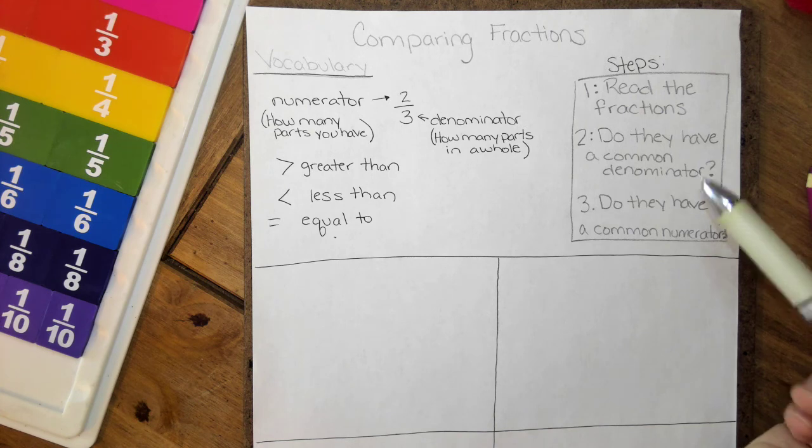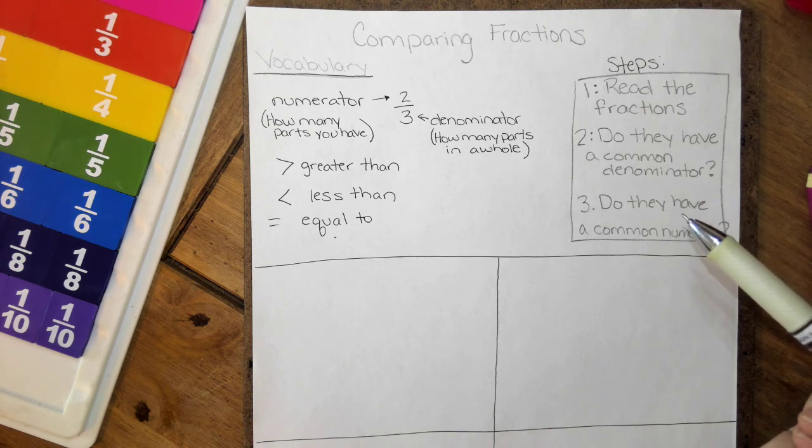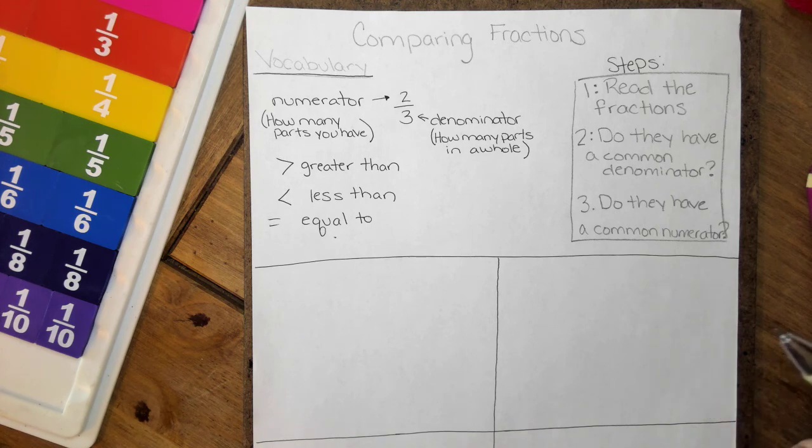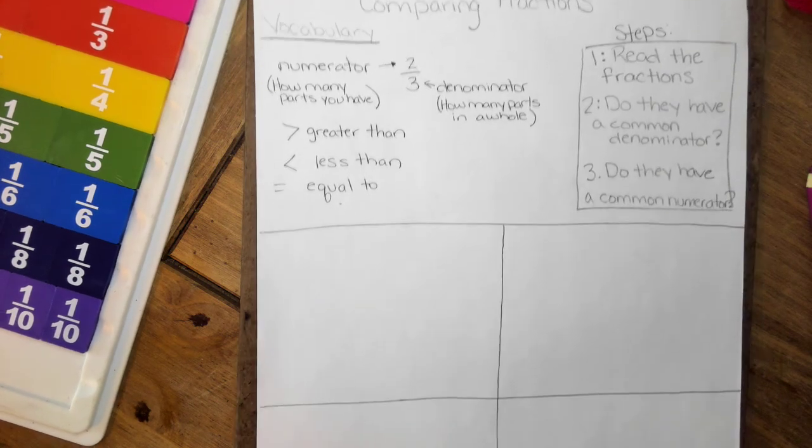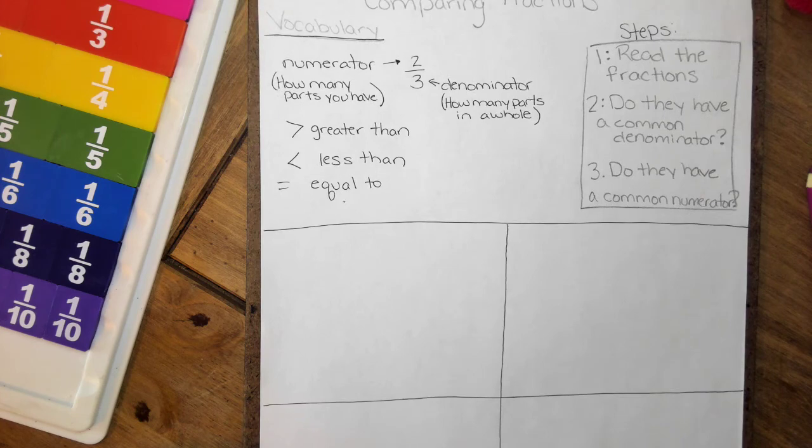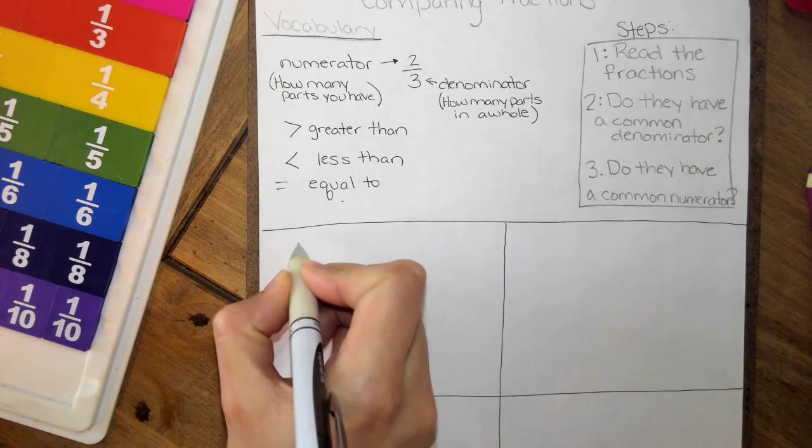And if they don't, then we're going to move on to step 3, and we're going to look and see if they have a common numerator. So let's look at one example. So let's say we are comparing